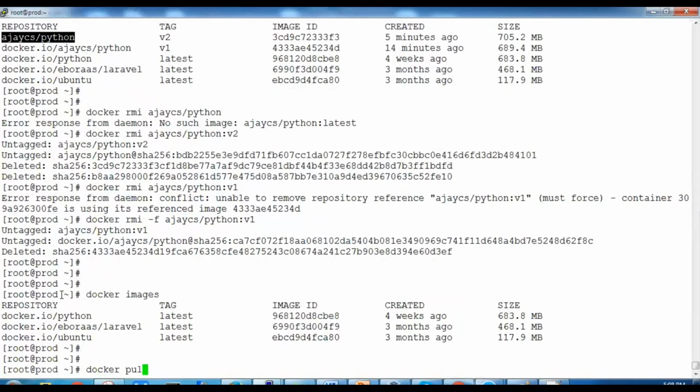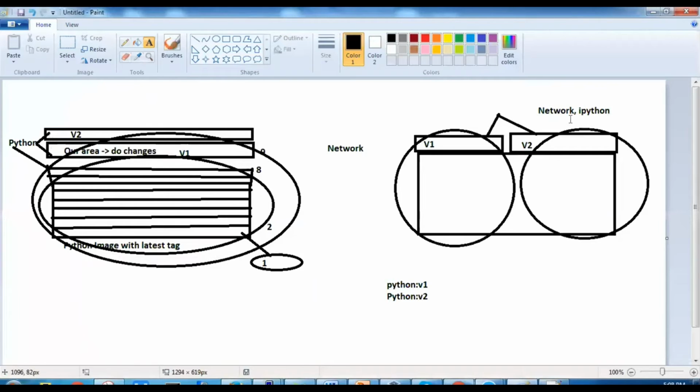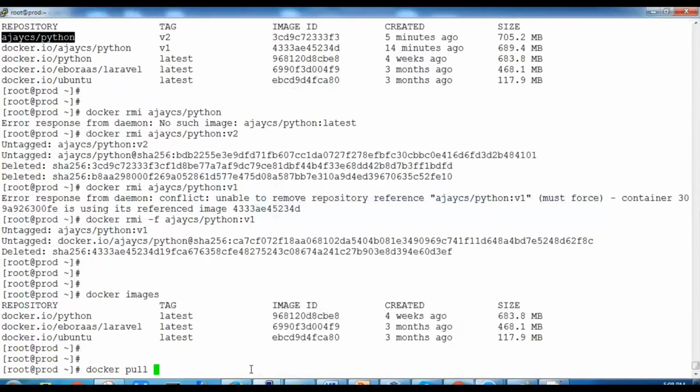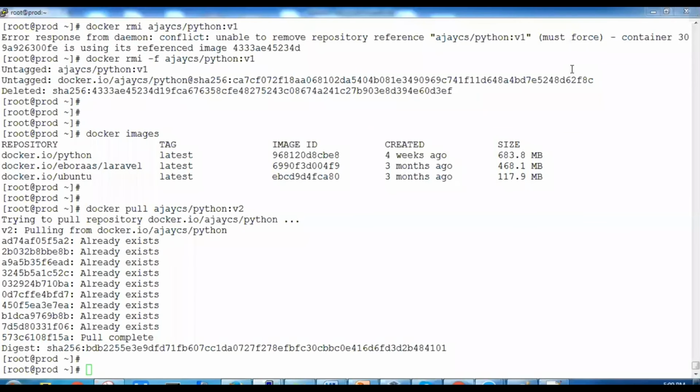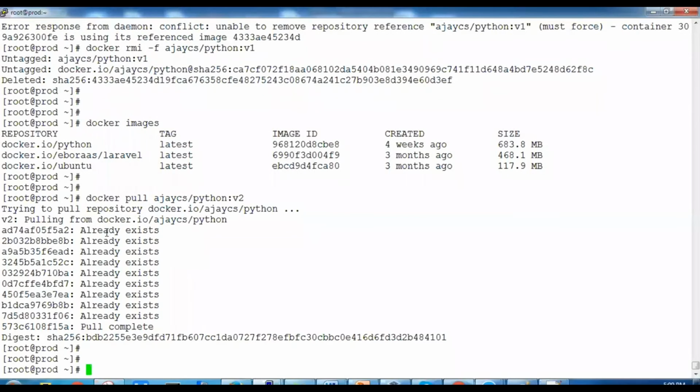All right, now we'll say docker pull. Now we have the option whether we want only the network module or we want network plus IPython. As we discussed, if you take IPython, it will use the 9th layer plus the 10th layer. So let's take v2. Our name is cs:v2. Now it will take a few minutes to download. When you pull, you are taking the image. Why does it say already exists? Because most of the things you already have, like Python. If you remove this, then it will download completely, so it will take more time. Same thing while pulling also.